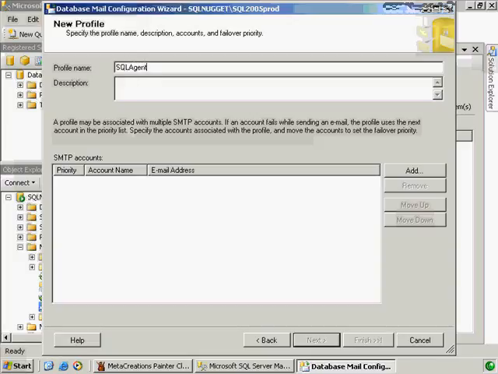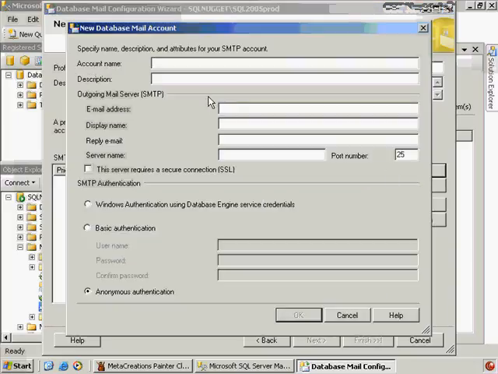So let's call this SQL Agent Mail, because this is what all of our SQL Server Agent related tasks are going to use to send mail. And we'll give it the description here, SQL Server Agent Mail Profile. There we go. And again, now we just need to add some accounts in here. So let's go ahead and add an account. We'll click the Add button. We'll give this account name